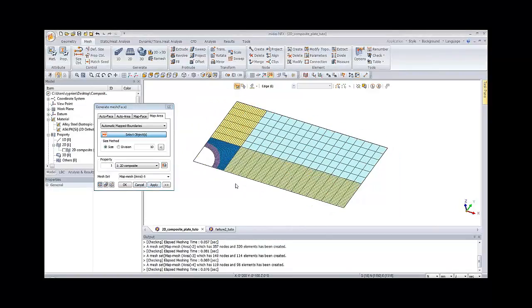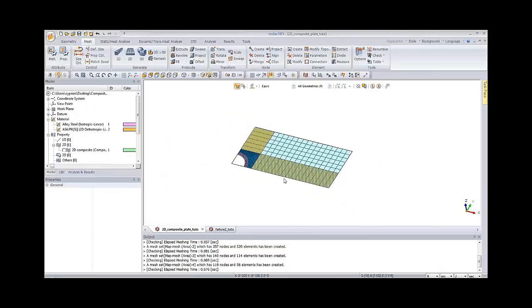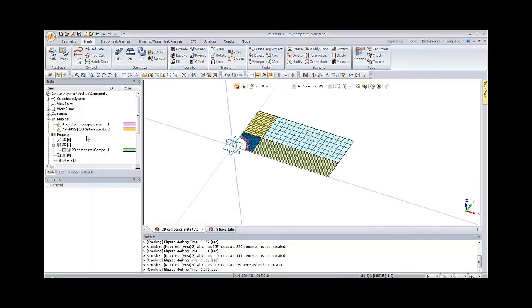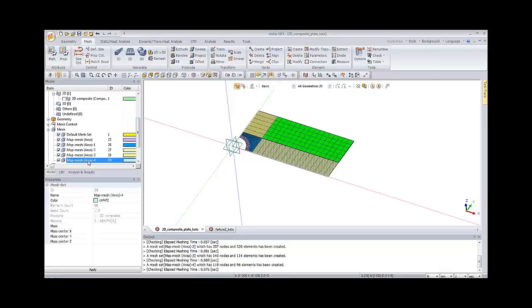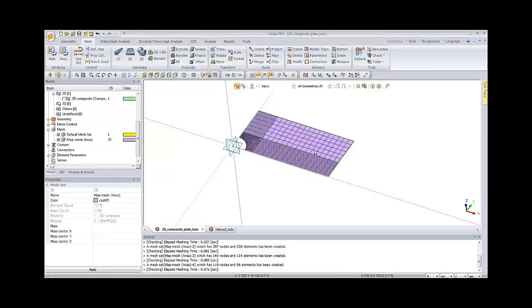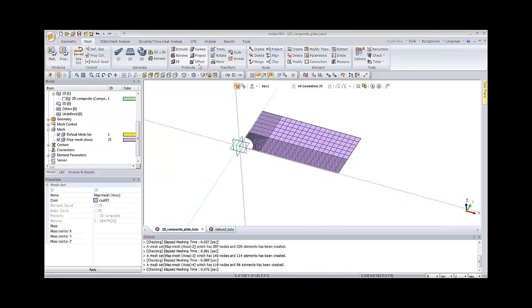So what I have to do is to create the full model. So to do that I will simply use the mirror option to mirror the mesh. But before doing that I will merge these mesh sets together. So I select all the mesh sets, right click, merge, in order to create only one mesh set, it will be easier to mirror it. In the mesh tab, you have all the options to work on the mesh, and here you have the transform mirror option,